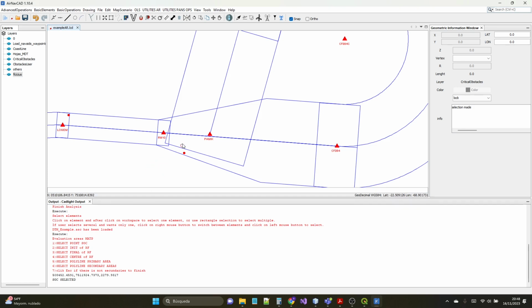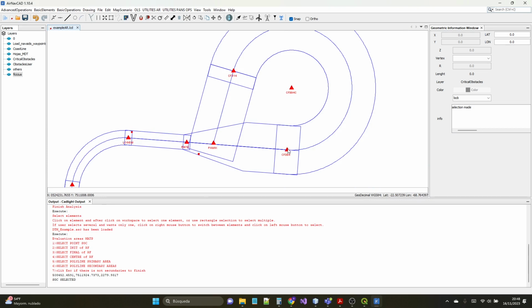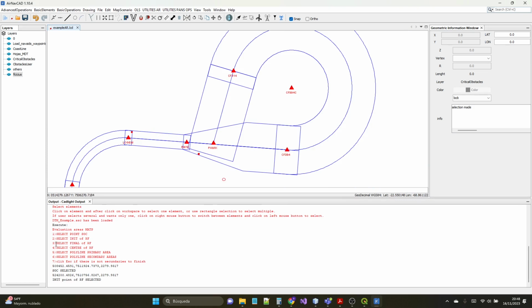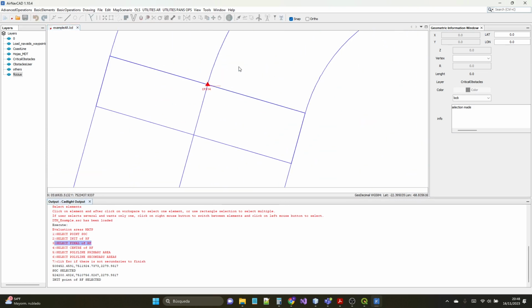If you put the shock here, the altitude is less, so the OCA is lower in this case than before. Okay. Now the init of the radius to fix, that is here, the final of the RF,